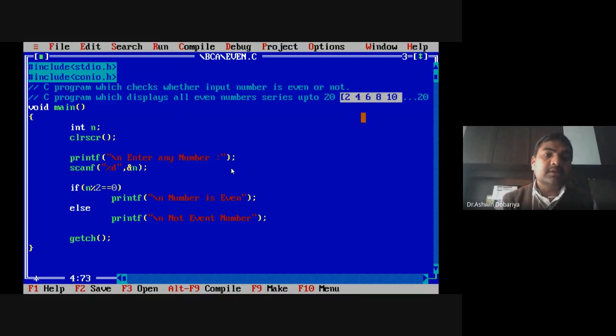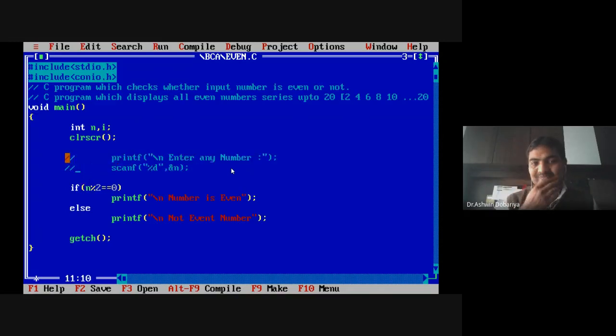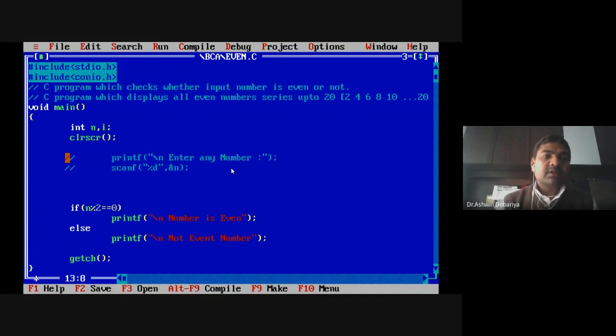Then what will I do? I will take one counter variable. Now I will not take an input from the user. Instead of that, I will receive that value from which?